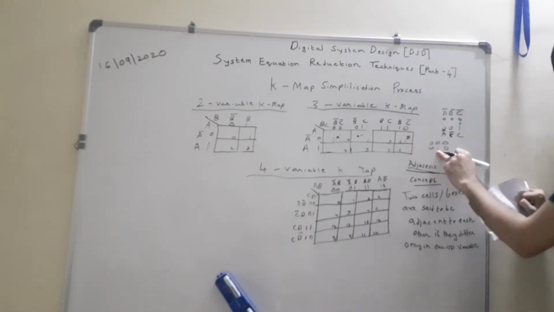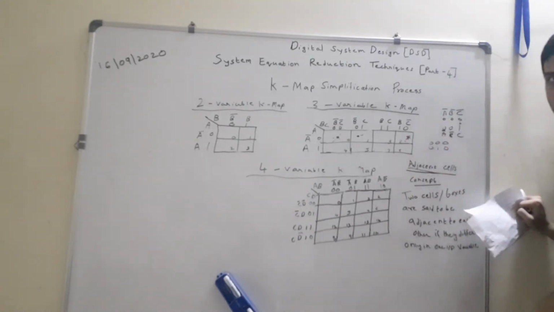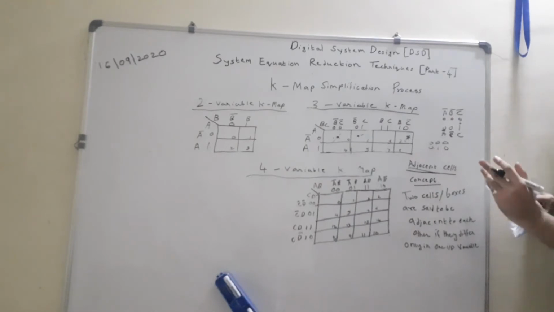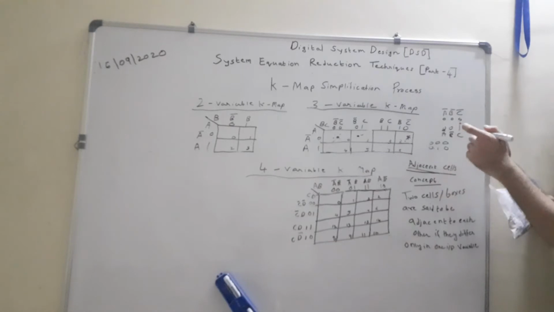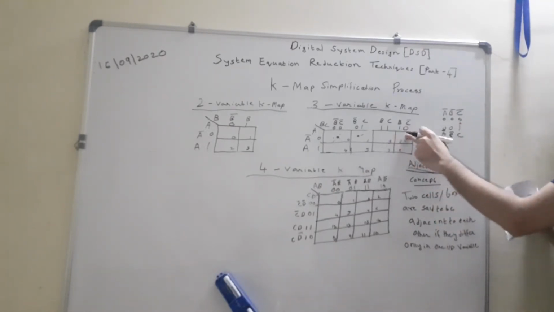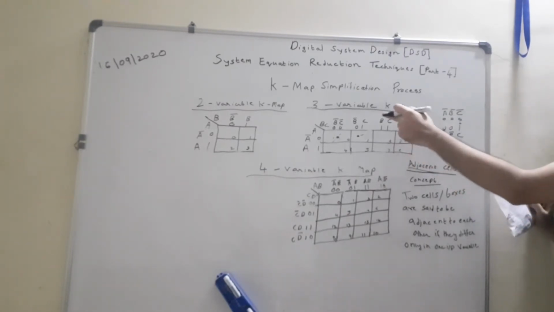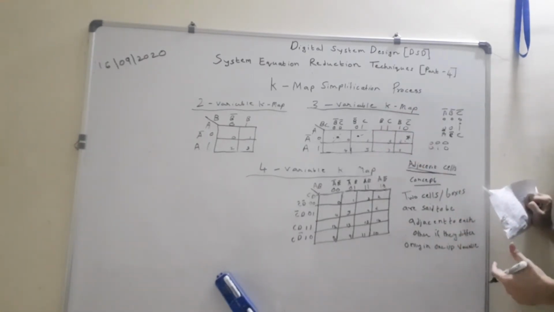But only one bit changes. So that is the reason this is also an adjacent one. So while grouping, when we are talking about SOP form, we are supposed to group only ones which are present in adjacent cells. The ones which are not adjacent cannot form a group. So this concept of adjacent cells you should understand thoroughly. And once you understand adjacent cells, you will understand the grouping also. And once you understand what the rules of grouping are and what grouping is, you have completely understood the K-map method of simplification.